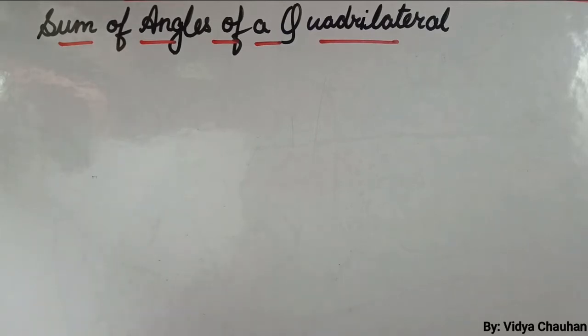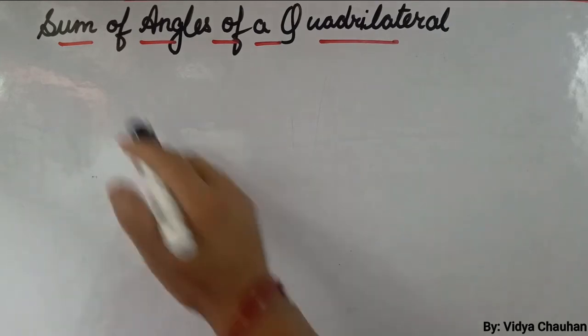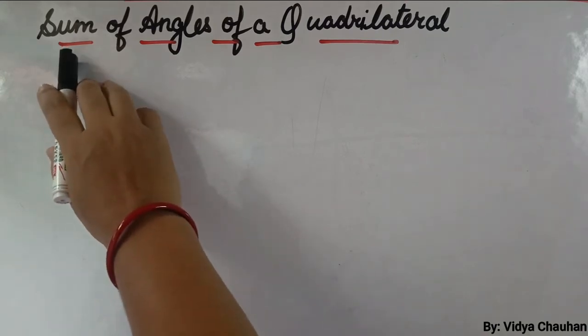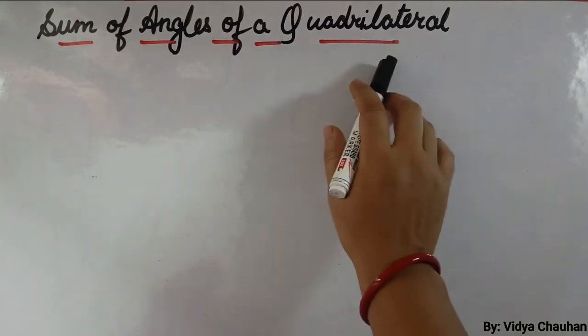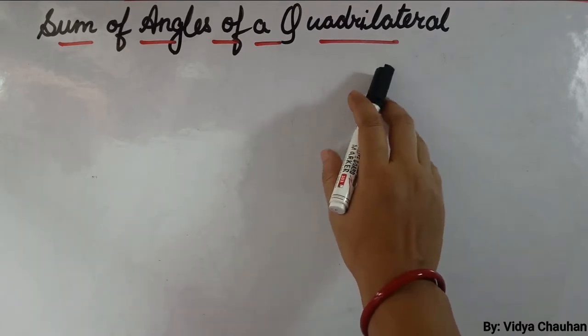Students, in our previous lecture, as you all must be aware, we have discussed quadrilaterals, their properties, and also different types of quadrilaterals. Now, today in this lesson, I am going to teach you a very important property related to quadrilaterals, called the sum of angles of a quadrilateral. As you can see on the board, the heading is already written for you: sum of angles of a quadrilateral. Now what is this property?